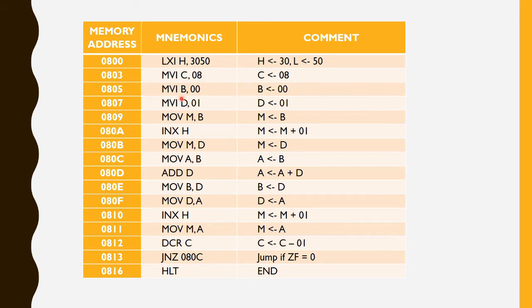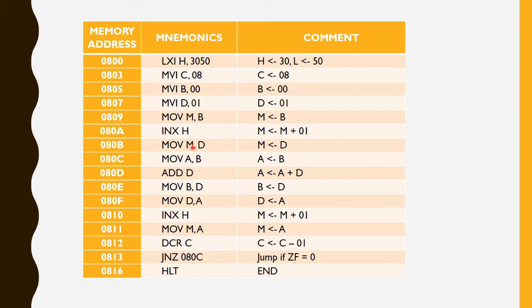Thereafter we will clear the contents of B. Basically, B and D we are using for storing 0 and 1 first. That is why we are moving 0 to B and 01 to D. And thereafter we will move the contents of B into memory, that is at 3050. We will increment the memory pointer, so it will be 3051, and will store the content